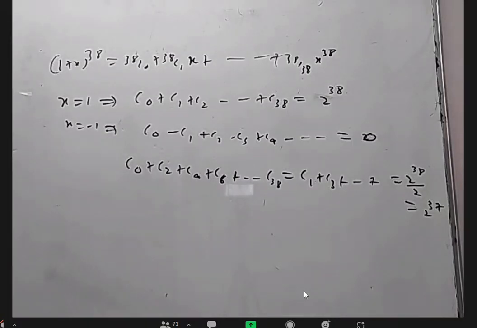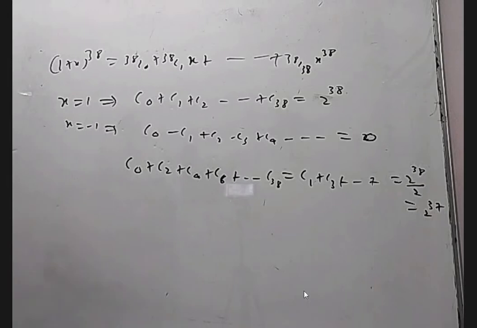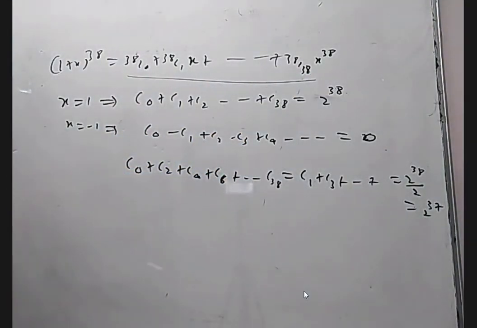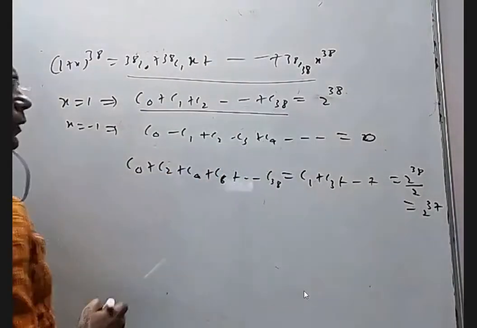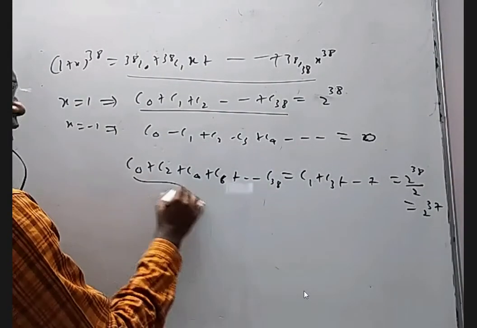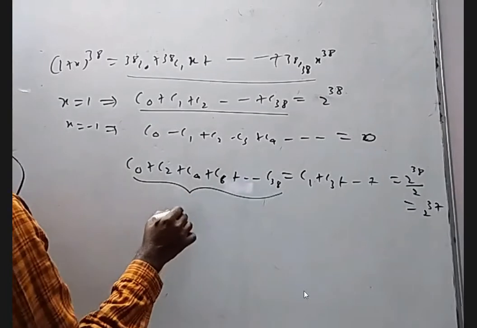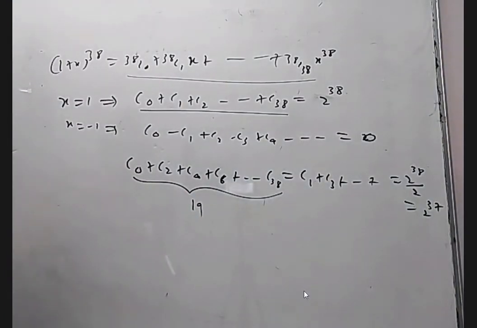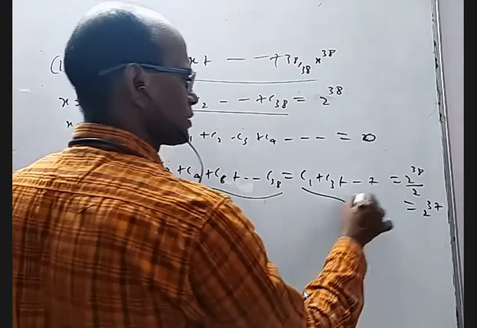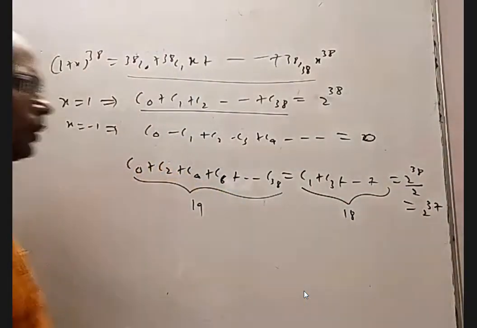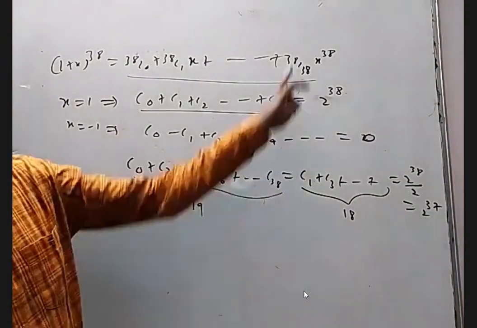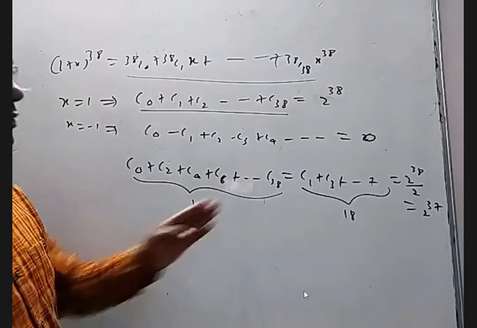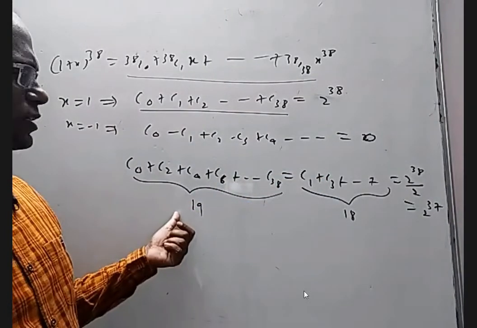I'm just having a little confusion with the number of terms. First of all, here terms are 39. Am I right? So these are also 39. In that, these are 19 terms or 18 terms? These are 19 terms, right? Yes. And these are 18 terms. So not only this and this are half of the total, 2 power 38, 2 power 37. This I can make into two equal parts. Even this I can make into equal parts. I cannot make this because